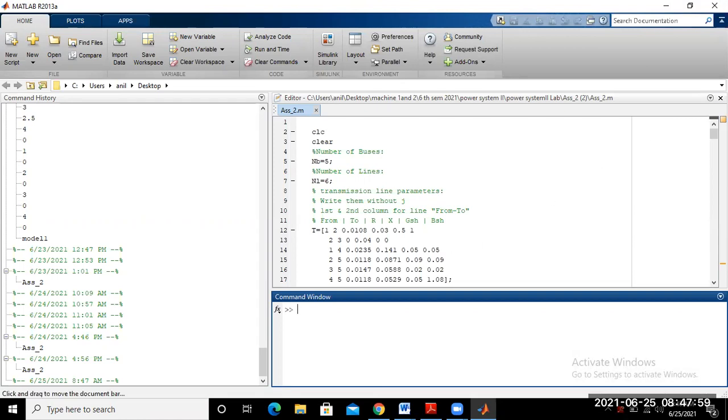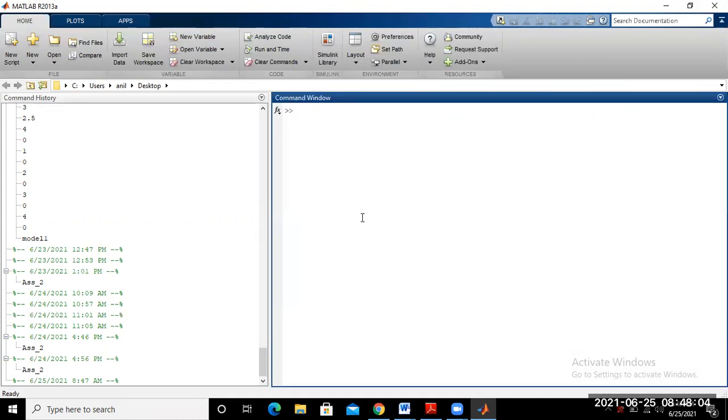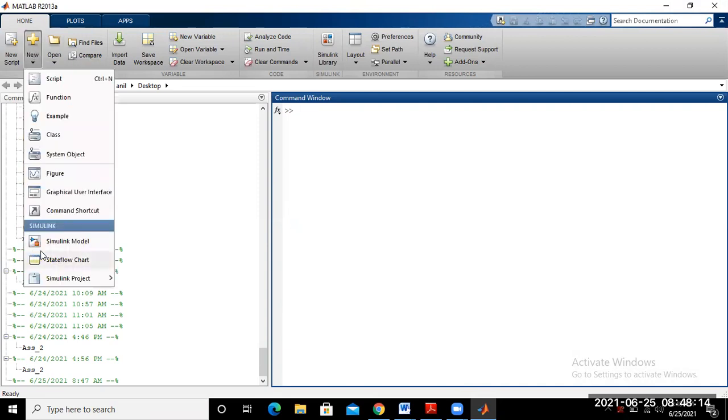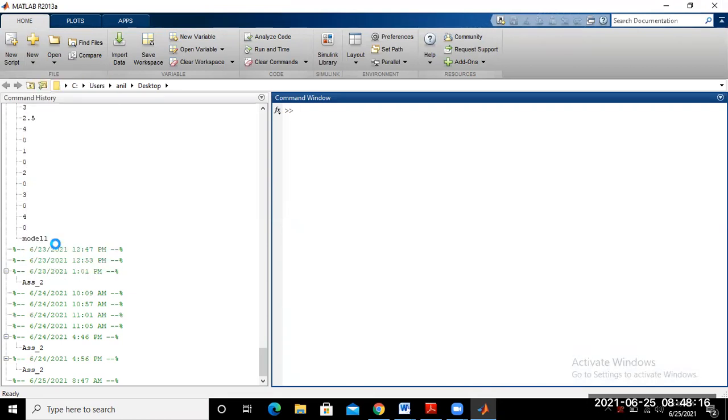Okay, so close this one. This is your MATLAB interface, and first of all, we try to open a new workspace. From this point, just click here and choose Simulink model. Just wait a few minutes for the workspace to be generated, where we simulate our circuit.